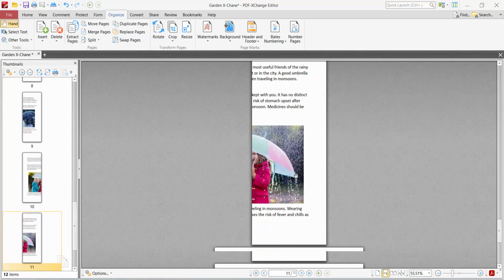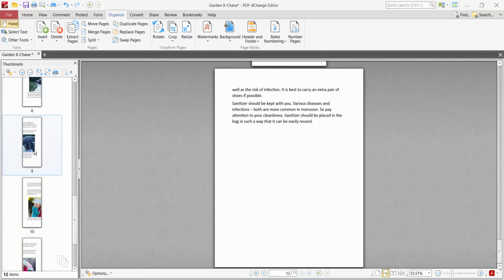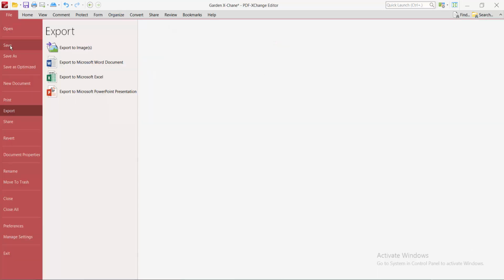In this way you can split vertically and horizontally specific pages as you want, and see this. Yeah, and finally select this file option, save or save as a